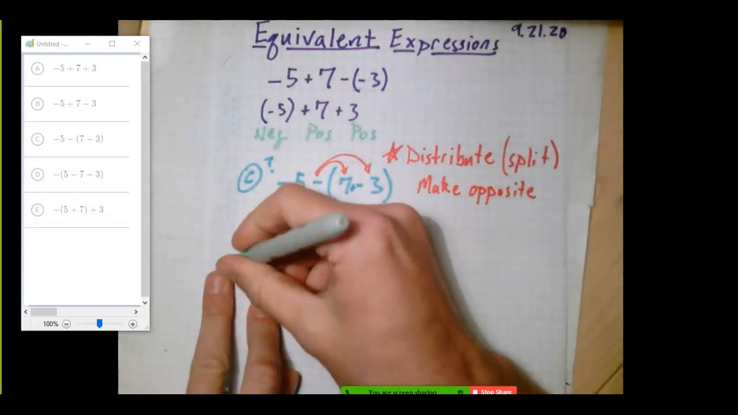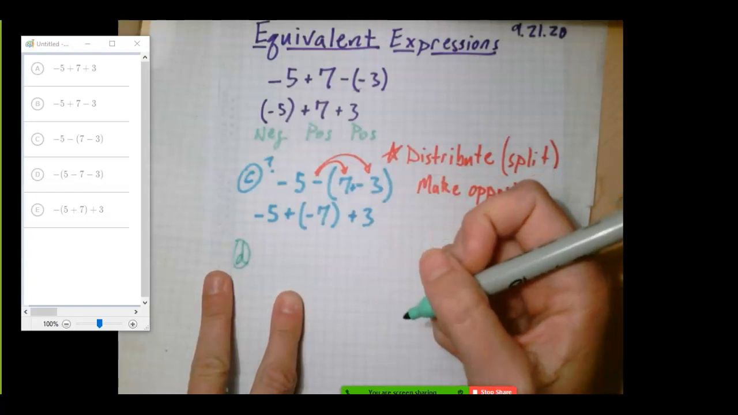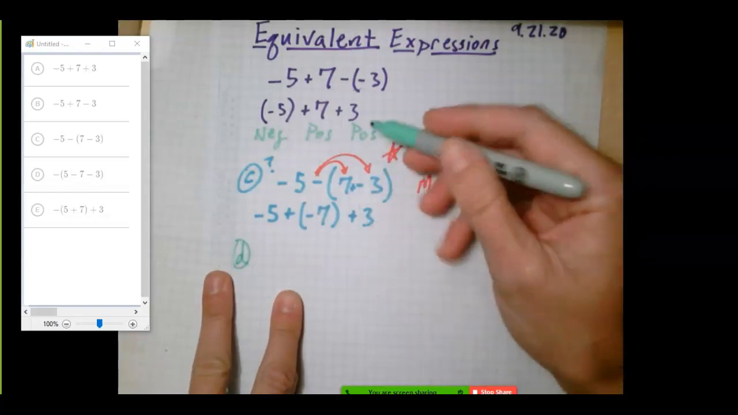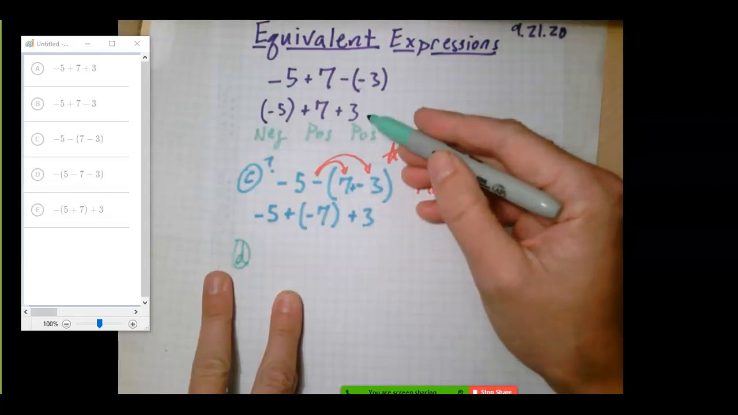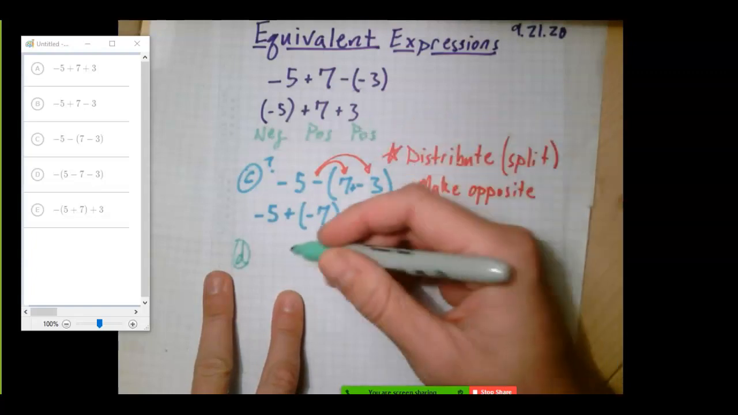I'm going to change colors to talk about option D. Now, please realize Khan Academy does a really good job of scrambling things. So even if you get this exact same problem with the same numbers, your answers will probably be scrambled. So in D,